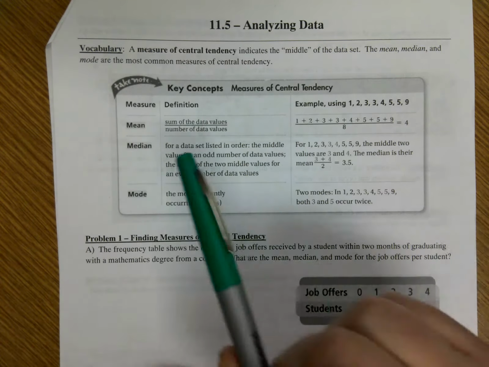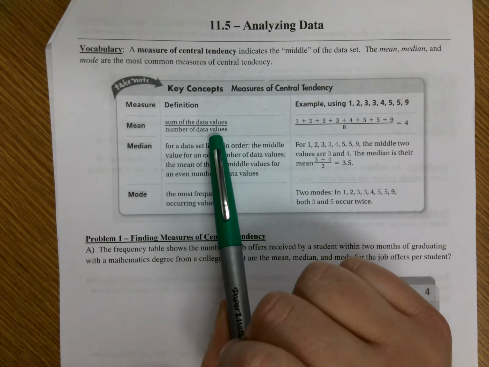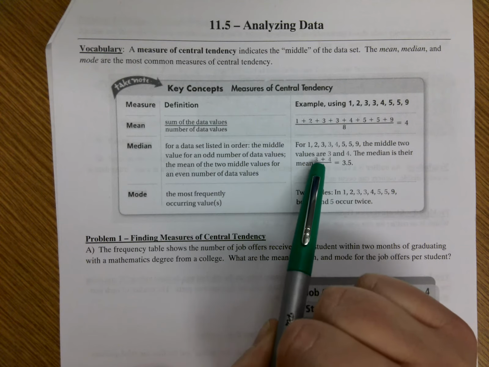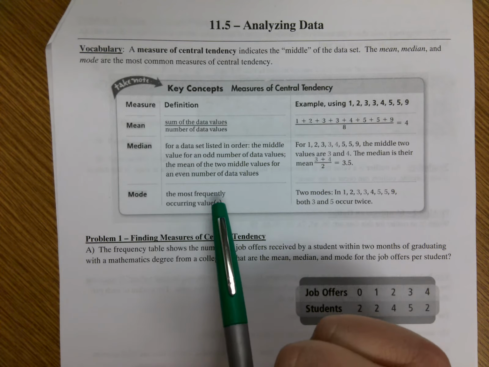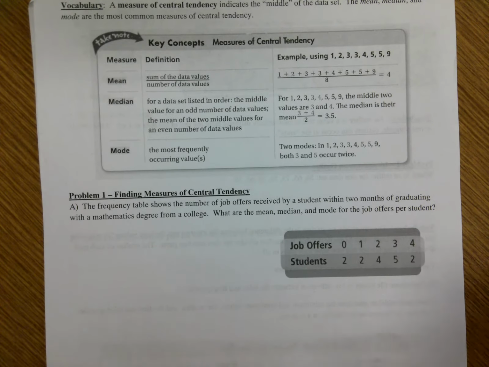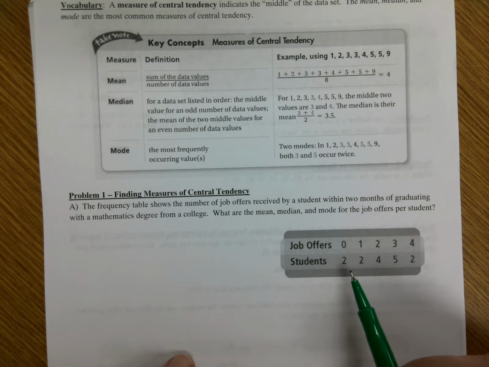Analyzing data. So we have mean, which is the average. Median is the middle. If for some reason there's two numbers in the middle, those two numbers you take the average of. Mode is most often. When we have a frequency table like this, it's saying this is how many job offers, this is how often